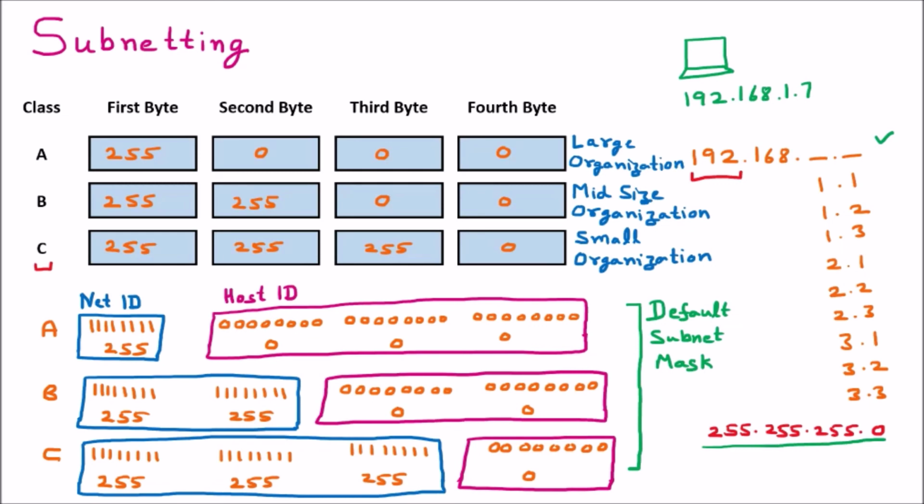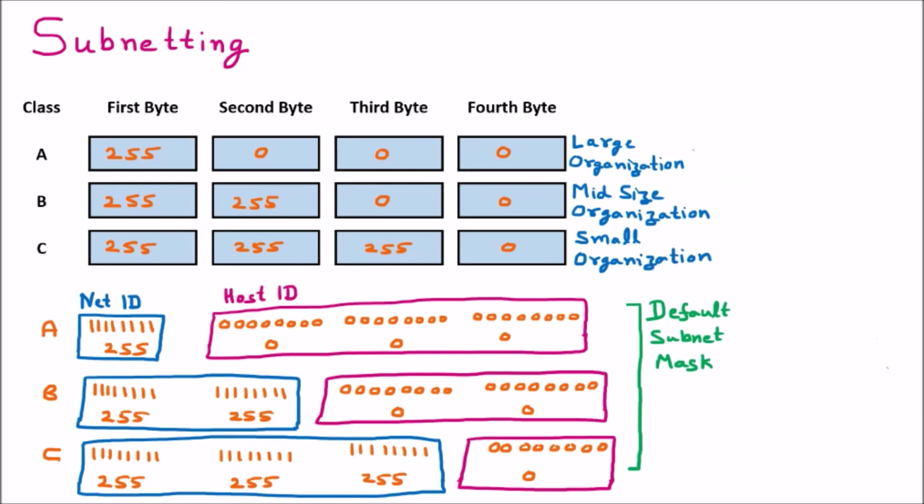Now let us suppose that some IP is given to us, then how do we find out the subnet mask, net ID and host ID? That we are learning now. Let us suppose that we are given the IP address 128.7.11.20. In this IP address we have to find out, first of all, which class this IP belongs to. So our first question is to find out the class of this IP address.